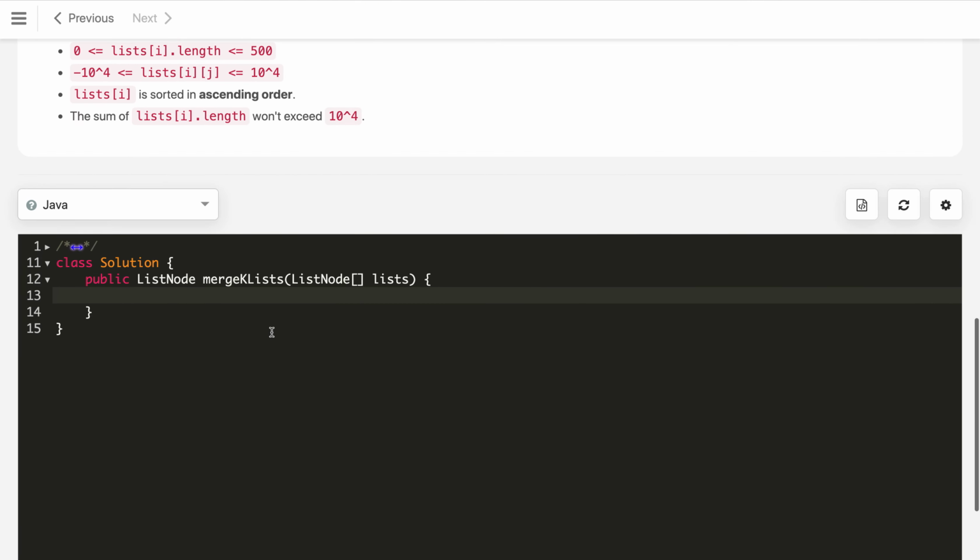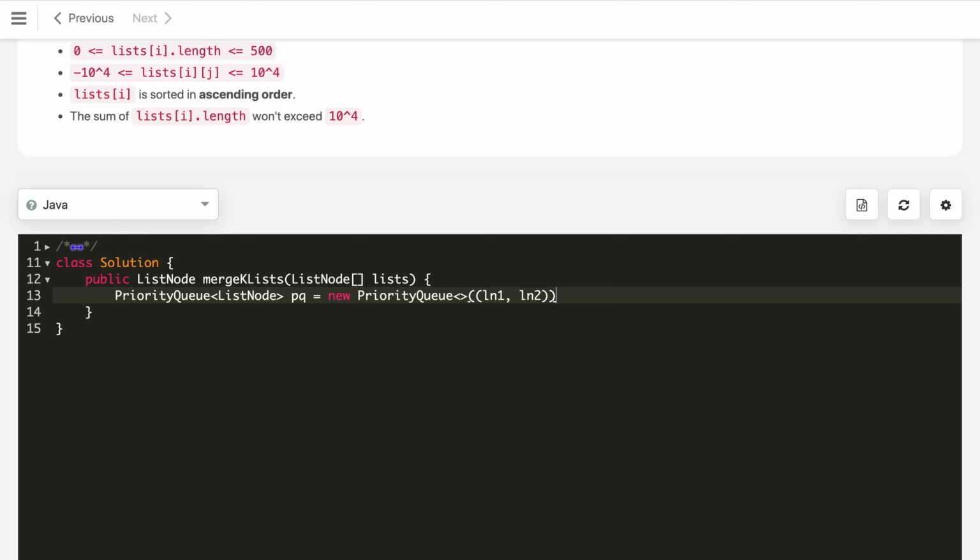For the implementation, first we will create a priority queue using the list node itself. So this is the given list node. We will call it, let's say, PQ, a new priority queue. So for this we use this, and now in this, let's say we got 2 list nodes, ln1 comma ln2, list node 2.